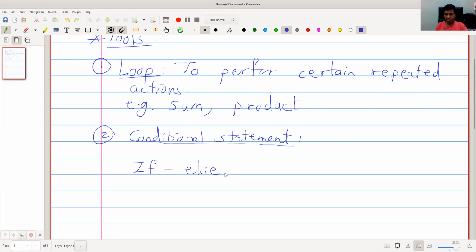Of course, programming is applicable for higher mathematics. Suppose we want to check whether a given number is even or not. Then we divide it by 2. If the remainder is 0, then we can say that it is an even number, else we can say that it is an odd number. So this is a simple condition that we can check.